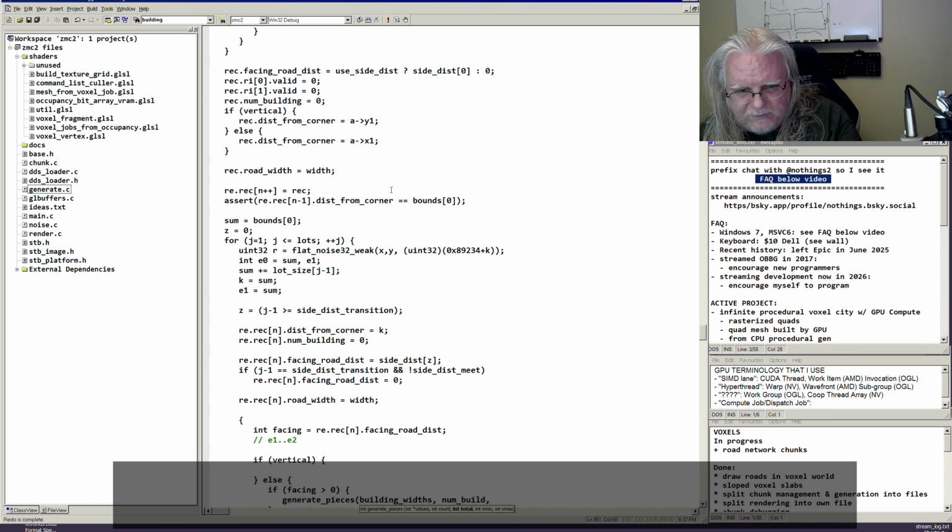The num build, the total is E1 minus E2. The V min is min lot size, max lot size, and num build. So the num buildings is